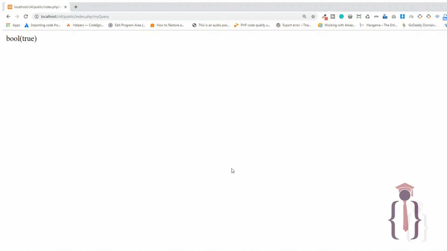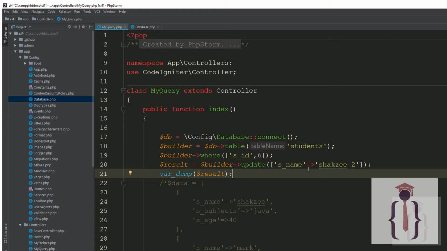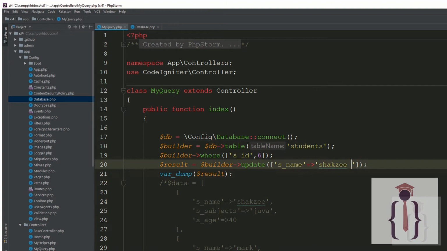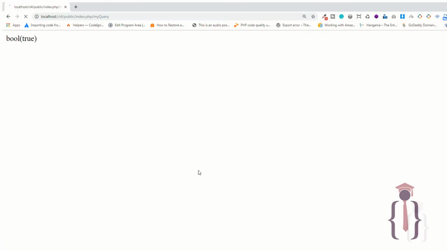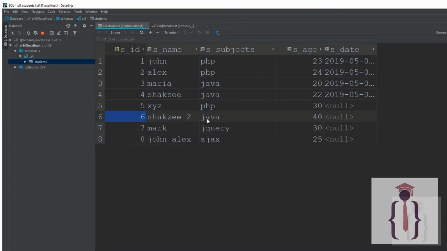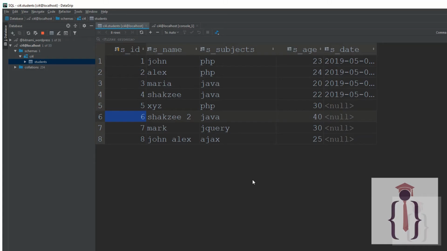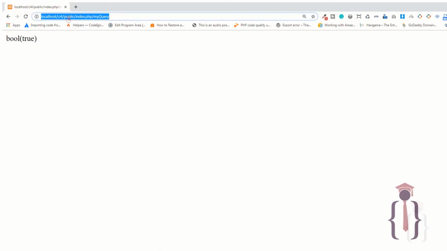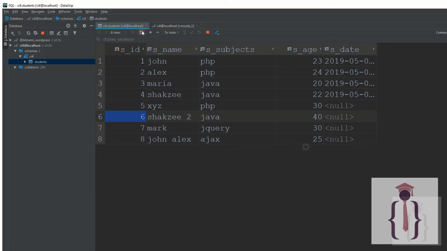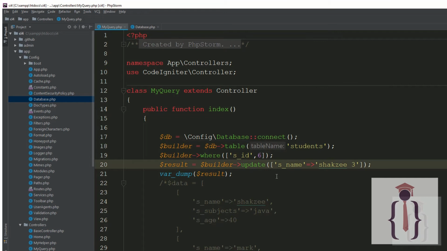Now go to the page. This time it's 3. So now go to the page, refresh the page. It's giving you the boolean. Go to the database, refresh the page. Refresh the table.